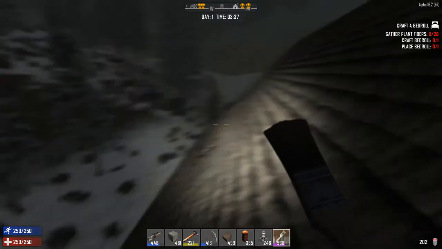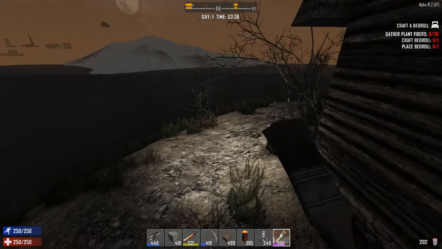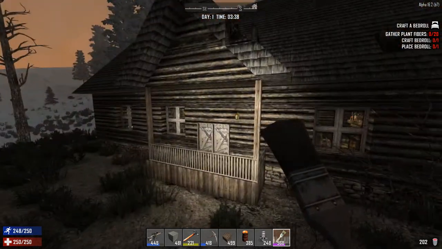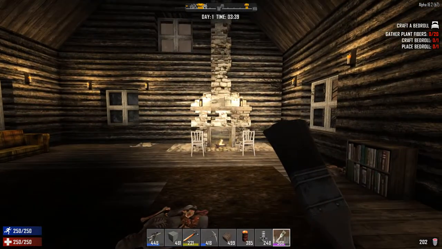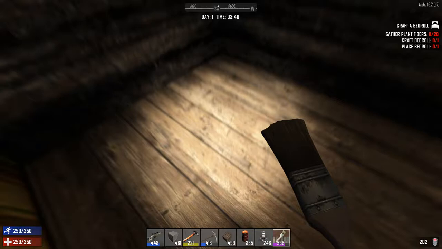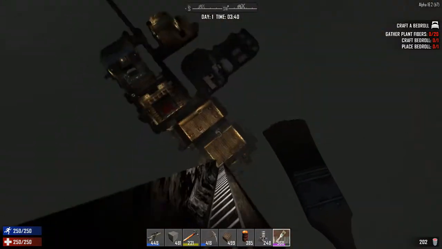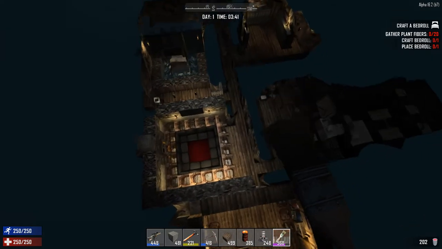Oh, I landed on my base. Alright, so basically this is my base. This is the very first, well, the second base I really set up. And as you can see, it doesn't really look like much at the moment. Basically you got to knock this block off and you can come down. Basically the place I want to show you,